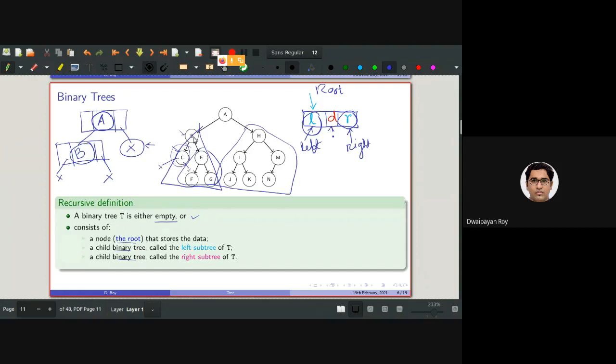Now we'll come back to the right child of B. The root will be this E, the left child binary tree, right child binary tree, again the left child of E null, okay, binary tree, right child null, okay, binary tree, and so on. So I hope you have understood the concept of the recursive definition of the binary tree. Is there any question?